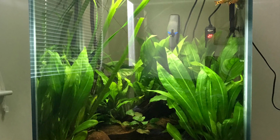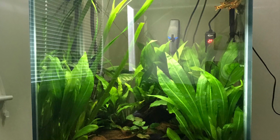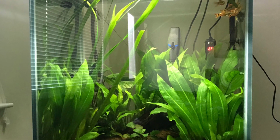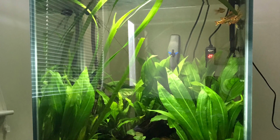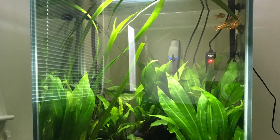Now, it's also good to have a well-planted tank if you're going to keep them in a community tank, as this will help break the line of sight in the tank and means they won't be chasing off fish every 2 seconds if they go anywhere near a nesting site. So I guess the next question we need to ask is, are they community fish? Well, yes and no. In general, they're pretty peaceful until they start breeding, just like any other cichlid would be,